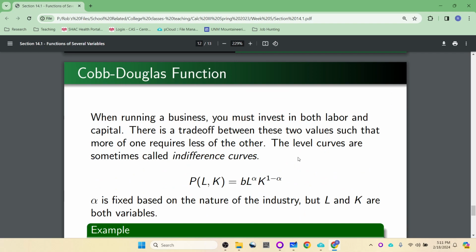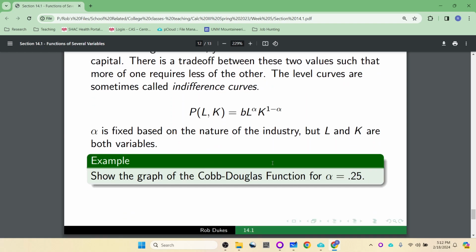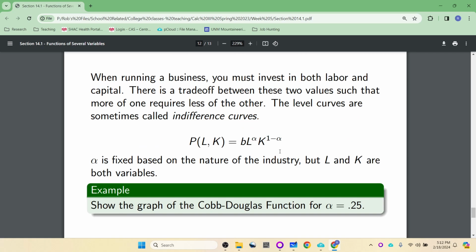This is just an application, the Cobb-Douglas function. So this is when we've got a trade-off of two variables. So you're running a business, you have to spend money on labor, you have to spend money on capital. And if you spend more on one, you can spend less on the other. You buy more machines, you don't need to hire as many people, and vice versa. And so you get level curves here